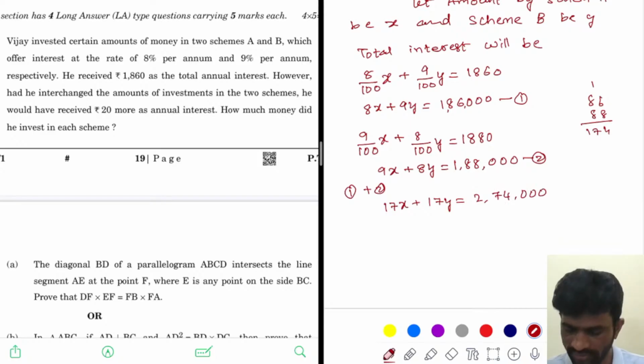Now we can divide everywhere by 17. So it becomes x plus y is equal to